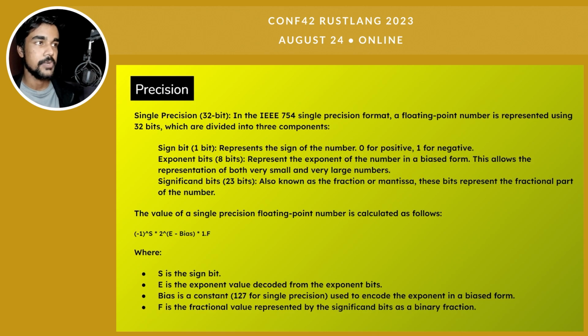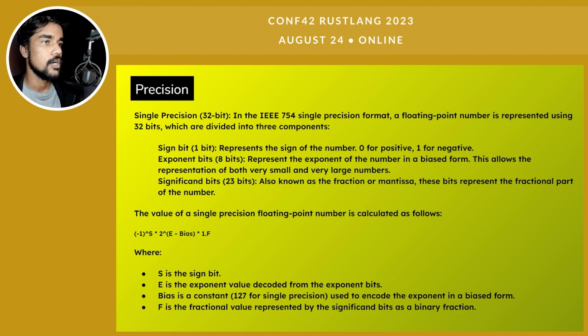Another one, the most critical one, is the significant bits. So 23 bits here are the ones that actually represent the value. So 2 power 22 is the range in which you can have your numbers represented, along with the help of the sign bit that represents whether it's a signed value or not. We don't have a binary division of the 2 power 23 by 2 that takes up a divided range. We have just positive values from the significant, and then we take a sign bit to represent whether it's negative or not. So here's a formula. I won't get into the details of the formula, but I've put it here for the sake of completeness.